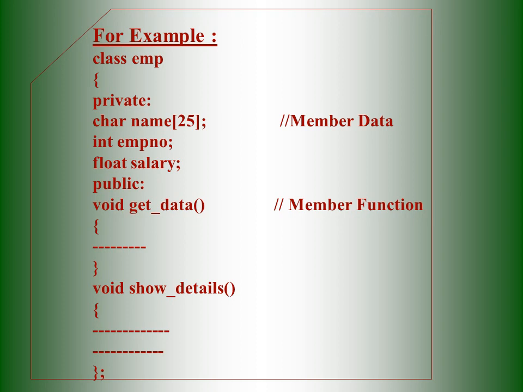Then we declare the functions under the public access specifier. Why? Because the functions can be shared with other classes, so we declare them under public. Public means it can be shared, private means it cannot be shared with other classes. This is how we write the member function. Void getdata: under that we get the information declared in the private members, the employee name, employee number and salary, whatever details we have to get from the user at runtime, and that must be shown in the void show details function.